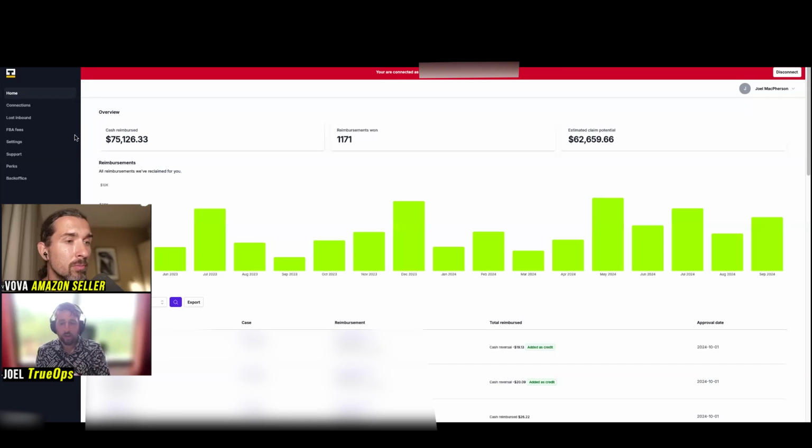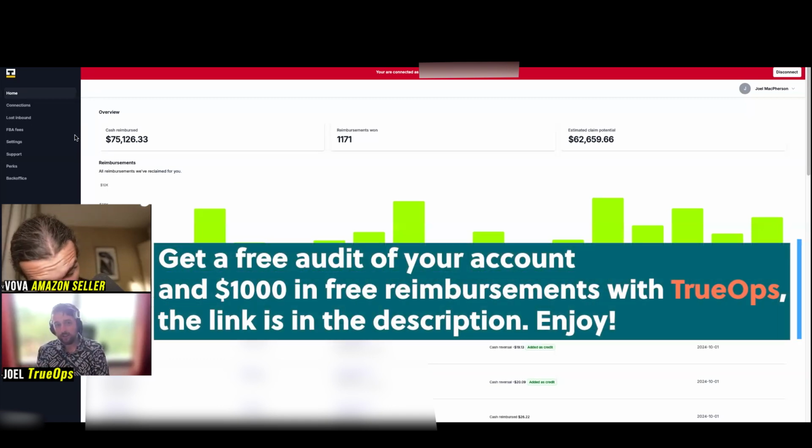go wrong there too. Maybe they're not giving you credit for all of your reversals. Maybe they're going after claims that Amazon was going to go after anyway. Maybe they are doing case management like a crazy person, and they're getting deadlocked with Amazon, potentially putting your account at risk. These are things that are really impossible to know until you have a professional look over the